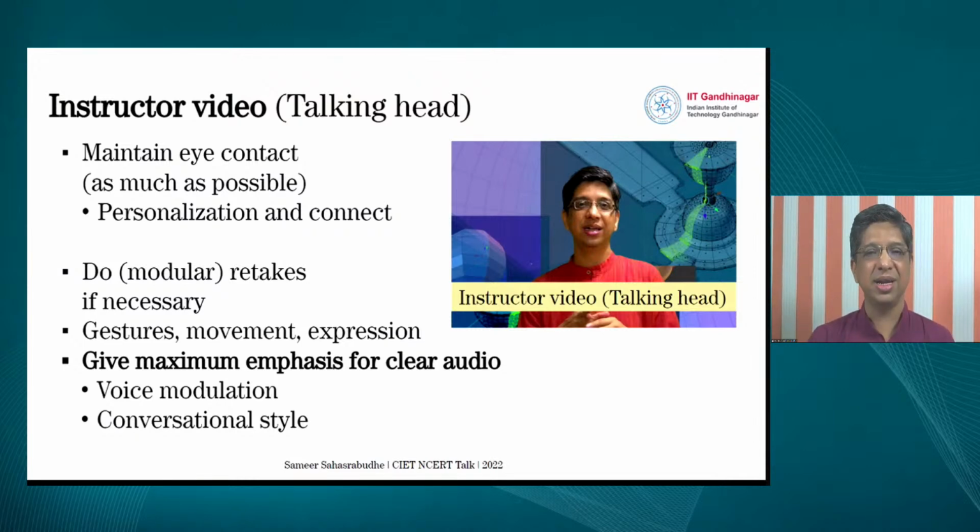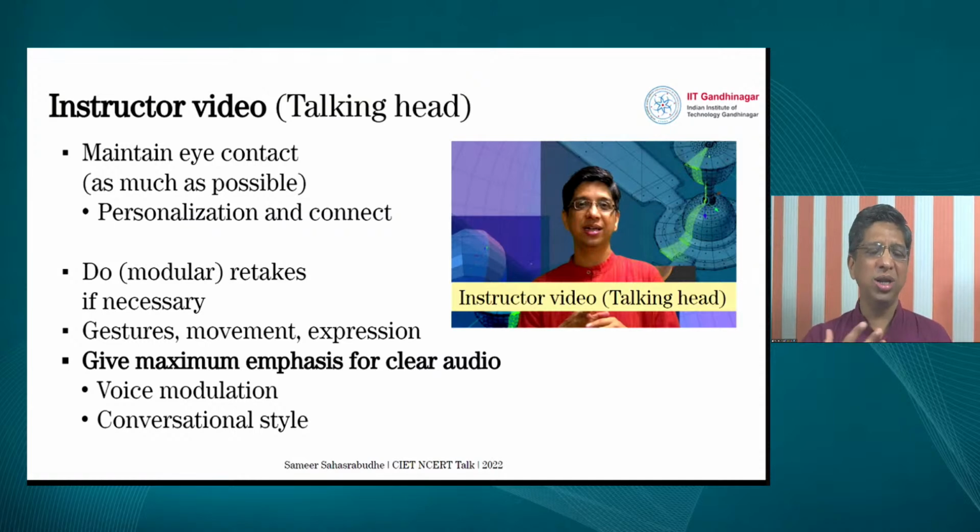Now in this case, it works both ways. Sometimes it's an advantage because you create a personal connect by talking directly to them. At the same time, there could be people who will not be too comfortable when the entire session is given to them directly, like you are always talking to him or her. So you can use the personalization part by being casual and relaxed in front of the camera, but occasionally if you give eye contact to the camera lens, then it helps in the connect.